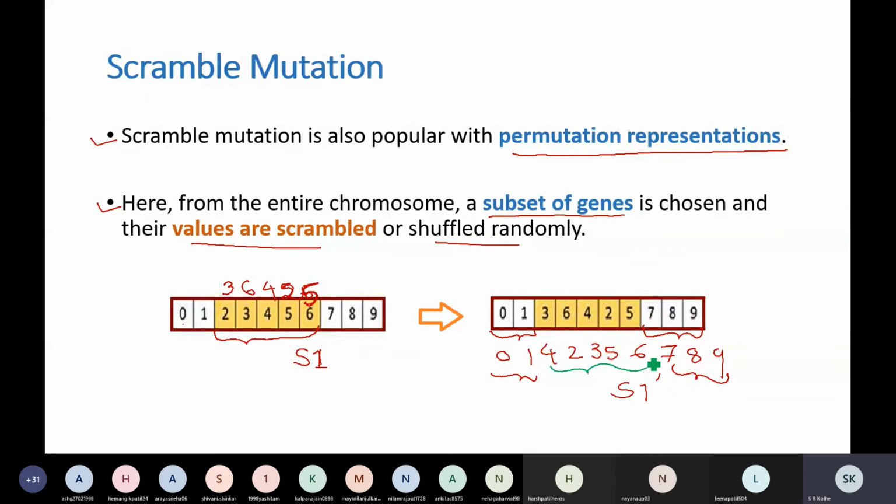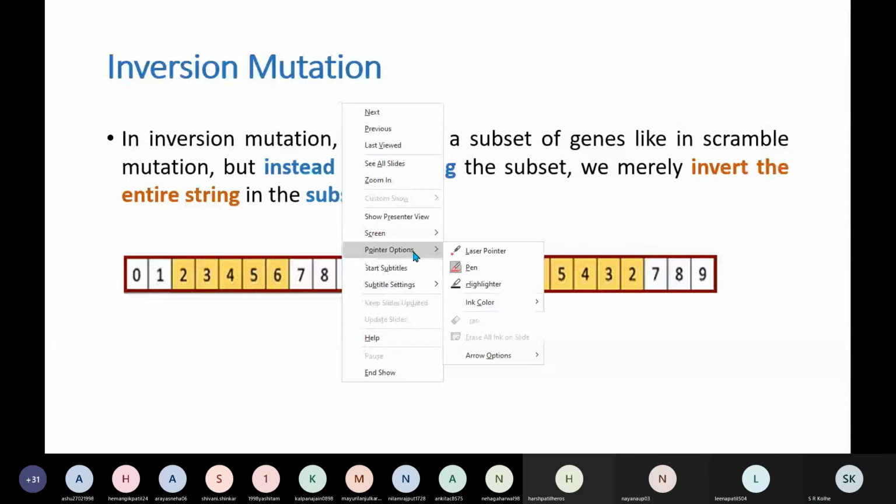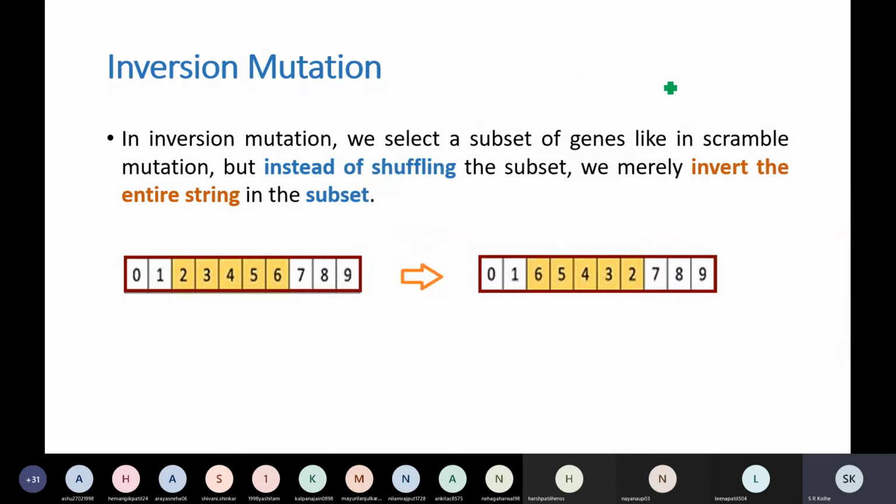Only keep in mind that this mutation you will have to perform with low probability. And then another simple technique, that is inversion mutation. Again, from the name itself you can make out. In inversion mutation, again a subset of genes is chosen like in scramble mutation.